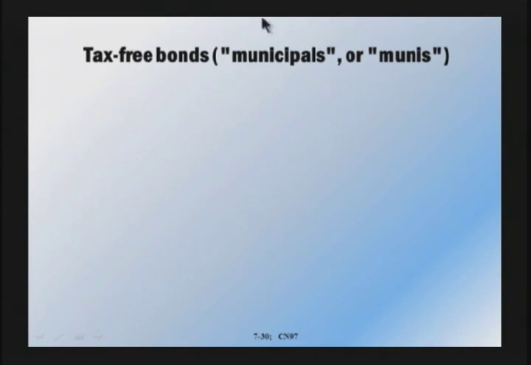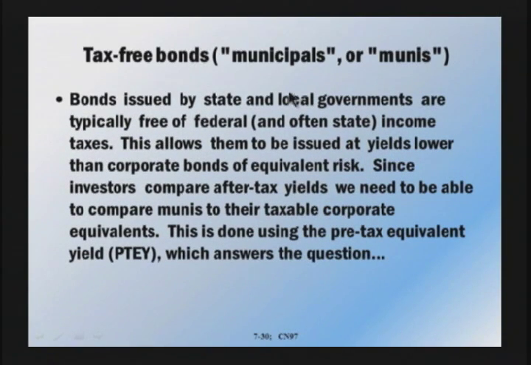One popular investment that is very much a tax-based investment strategy are municipal bonds, or munis. Municipal bonds are bonds issued by state and local governments, and they're typically free of federal taxes. If not, they've probably done something wrong. So a major advantage of municipal bonds is that they are federal tax-free, and they're often free of state income